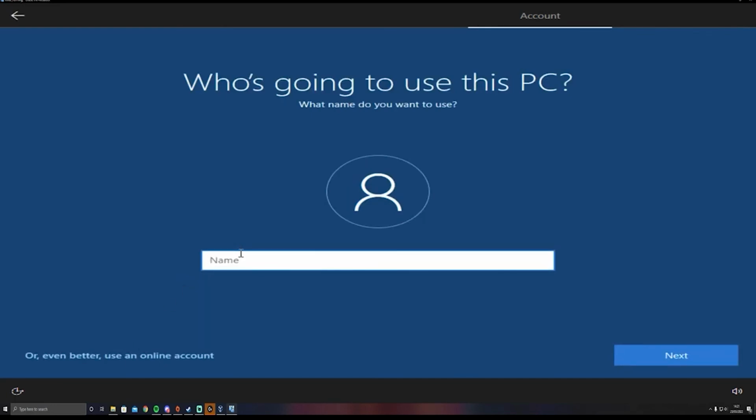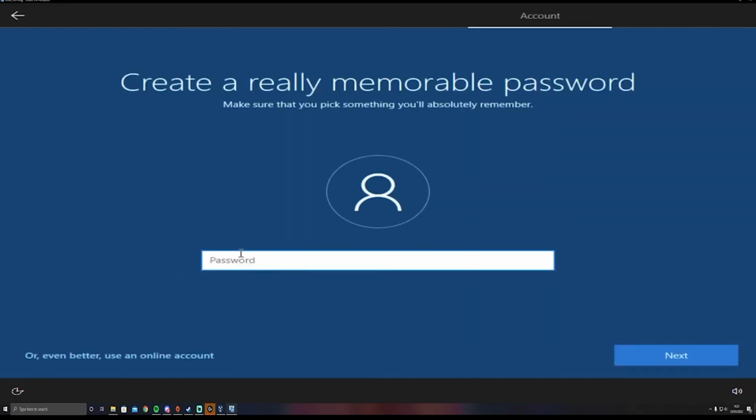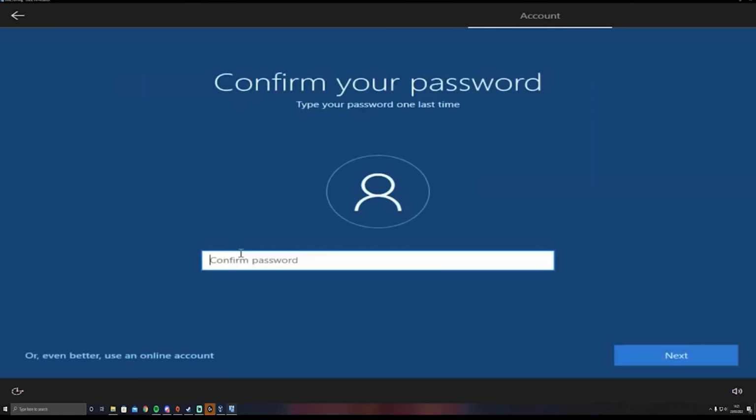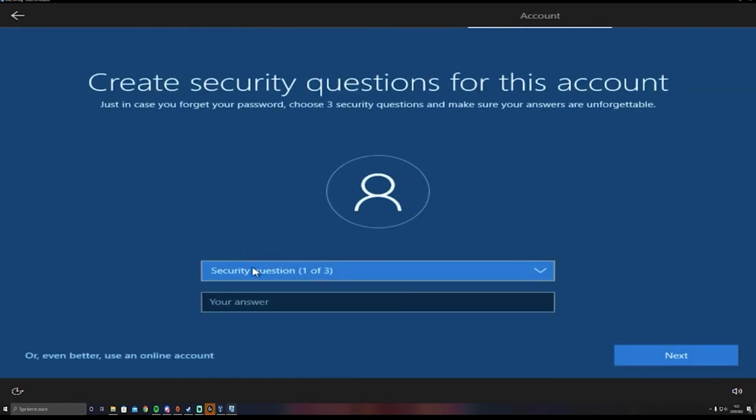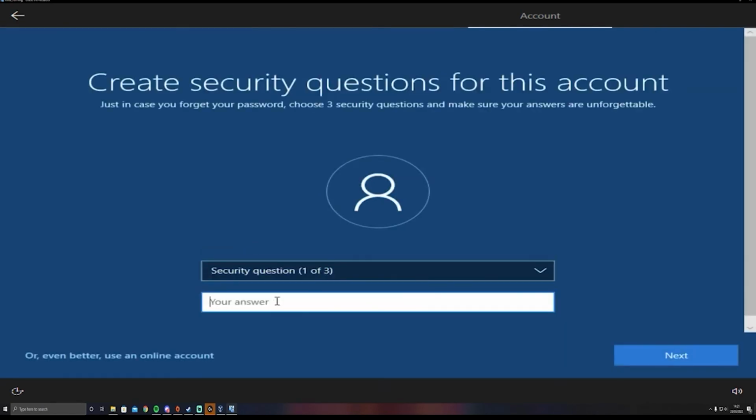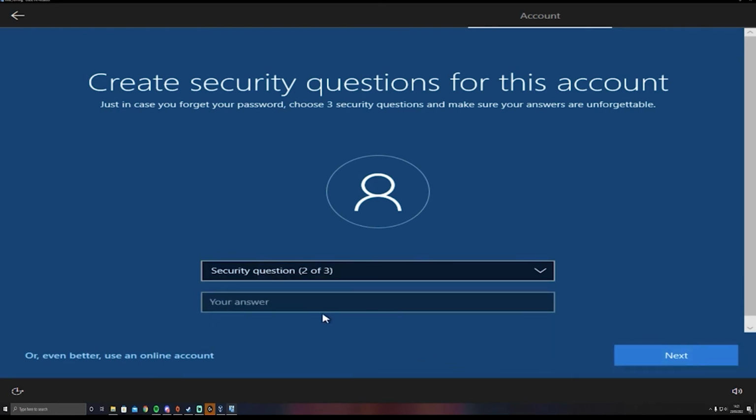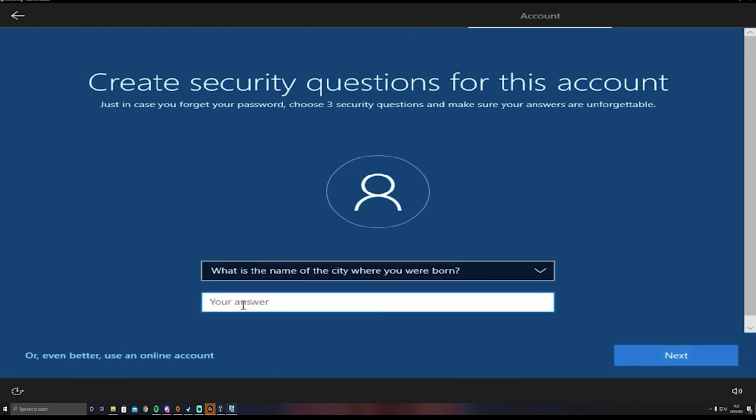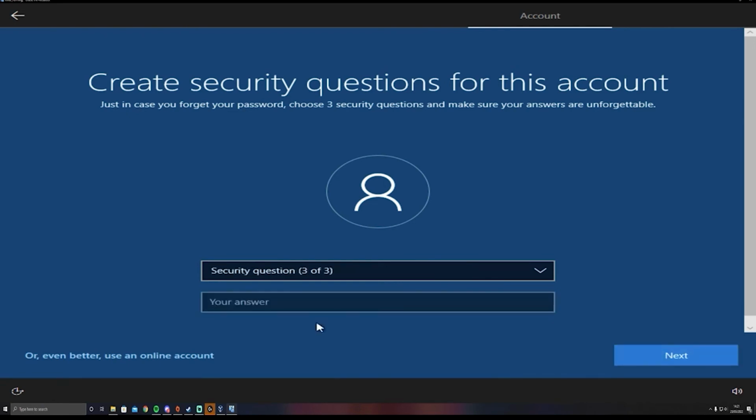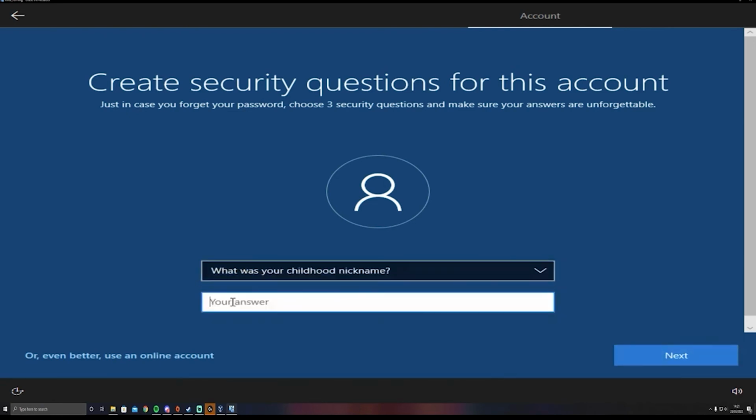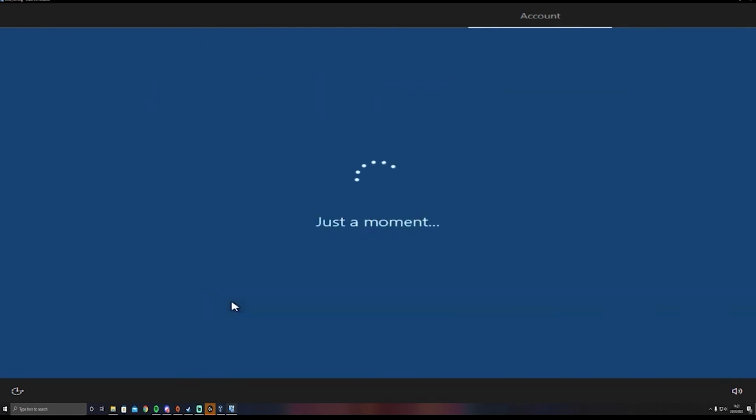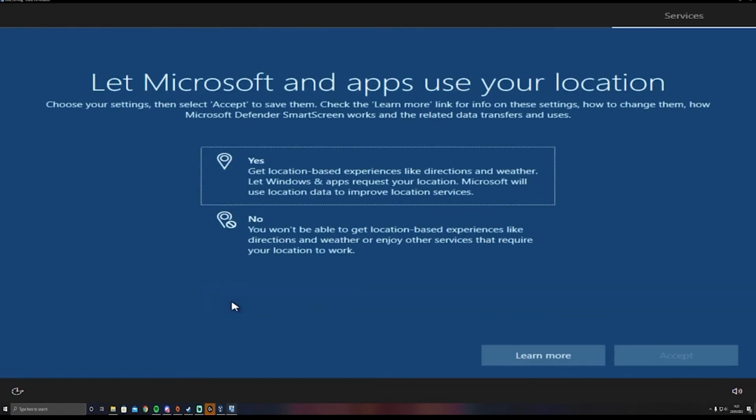Now it'll ask us to put a name. I'm just going to put admin, and my password is just going to be simple. Now it's going to ask you to put some security questions in, and I'm just going to do that. After you put your security questions in, it will ask you if you want your location, and this is where